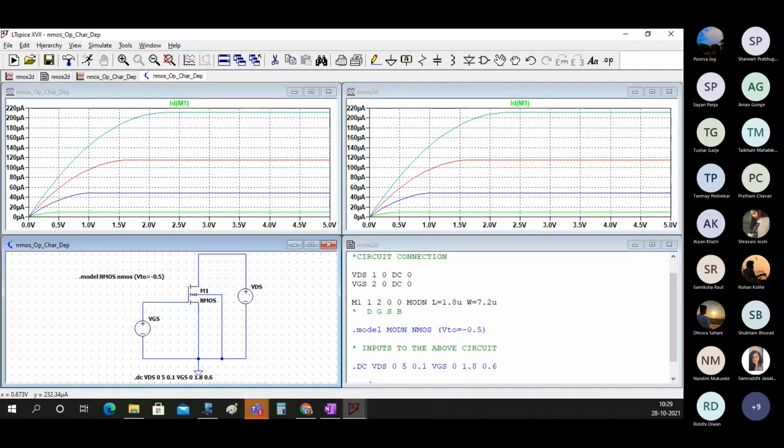So put this circuit in the chat box. Now after doing this, we will observe certain things.